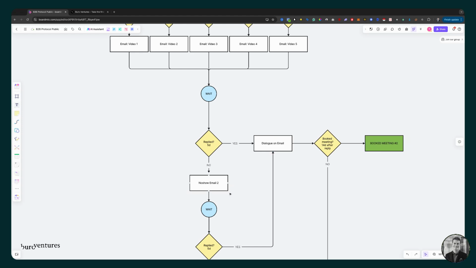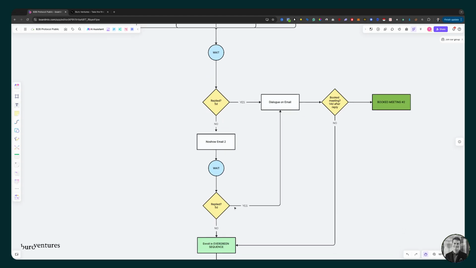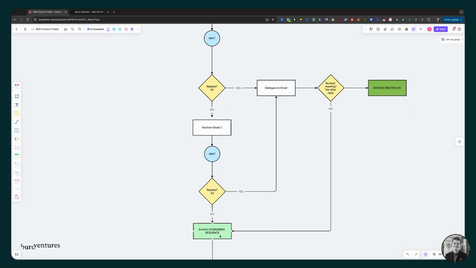So, hey John, a week ago we were supposed to have a meeting to touch upon this. You didn't show. I'm again trying to follow up to see if you still want to do the meeting. If they do not reply to that, then they're basically off. But if they do reply to that, you're in dialogue on email. Hopefully you can book. If you're not able to book within 14 days, then we're getting to what we call